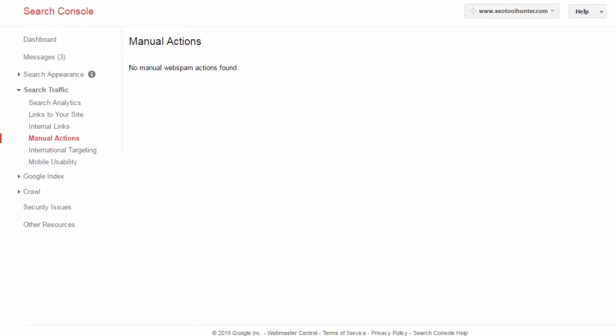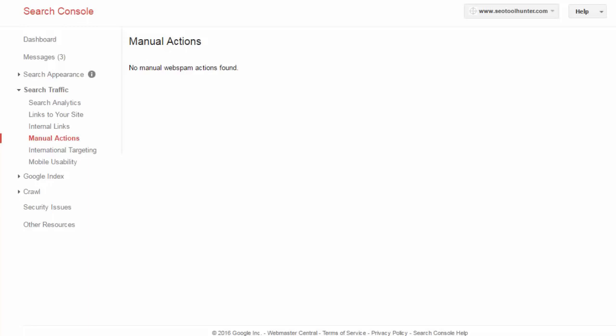Now, if you ever receive a manual action, this is typically because you either have some bad links going to your site or they're very unnatural links. So you want to go through the process of removing those. This can also happen if your site has been hacked and it hasn't been resolved. If there's a lot of spam going on with your site, this is when you can see a penalty for thin content. If you really don't have a lot of value on your site or you have very little words,